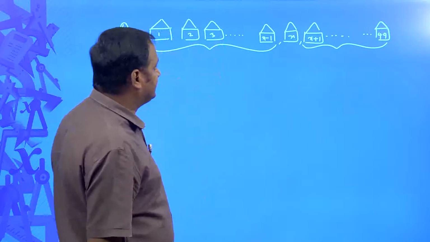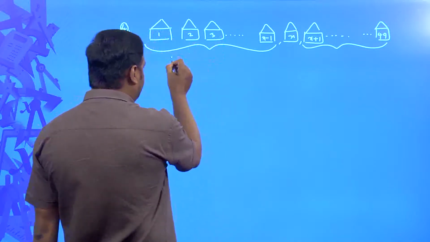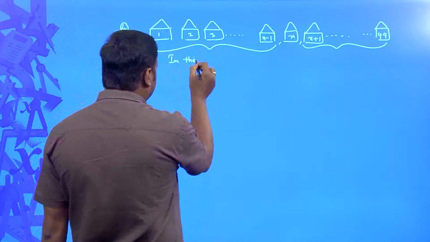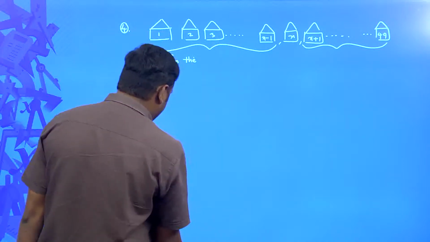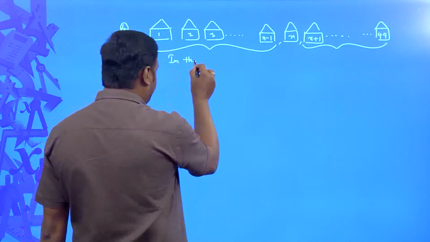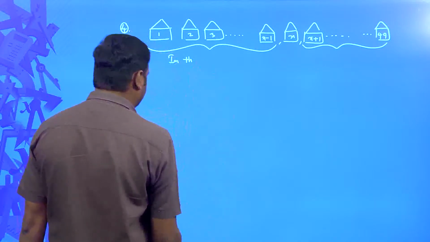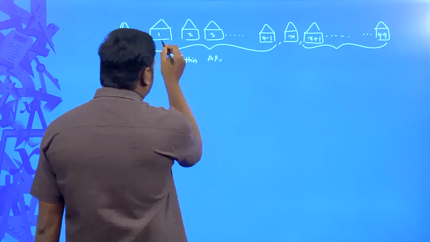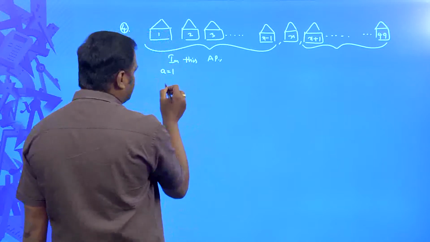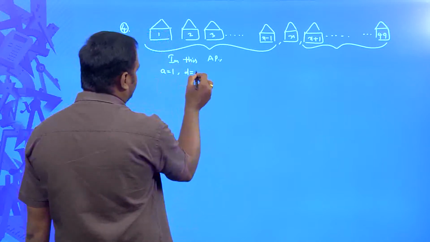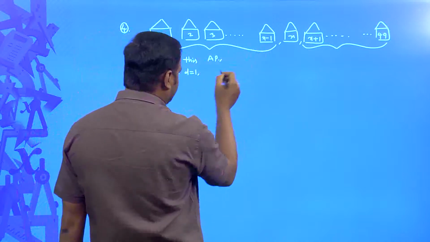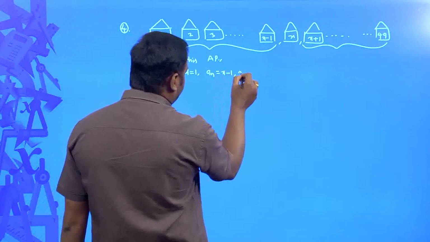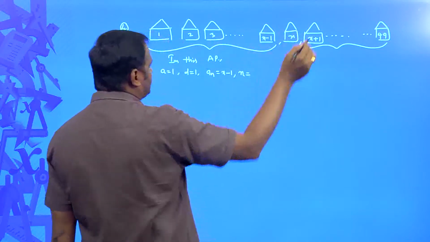See, in this particular arithmetic progression, in this sequence, what is the first term and what is the common difference, and if possible what is the nth term. So, in this arithmetic progression, the first term is 1 of course, and the common difference is also equal to 1, and we know what the nth term is. The nth term is going to be x minus 1. Can you say what n is? How many terms are there from 1 to x minus 1?